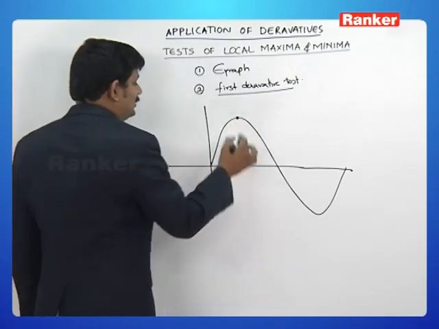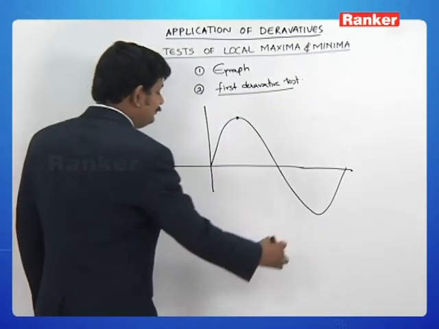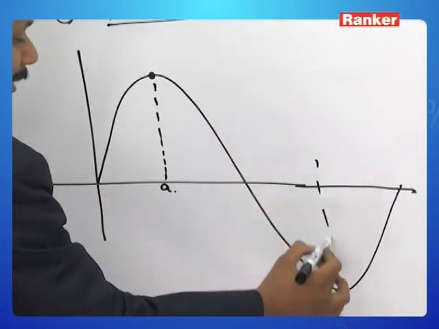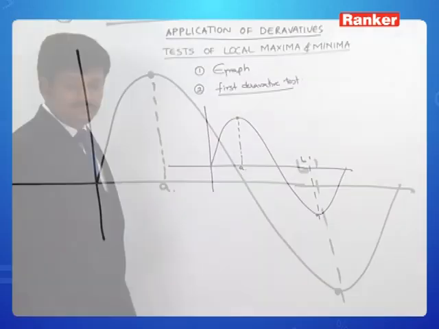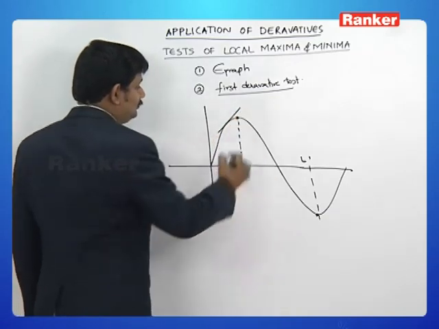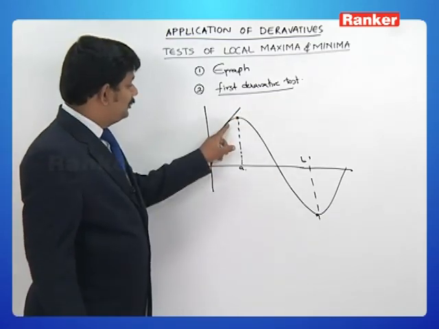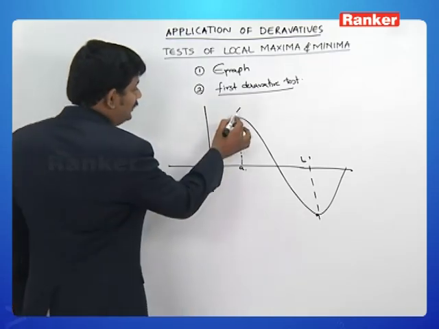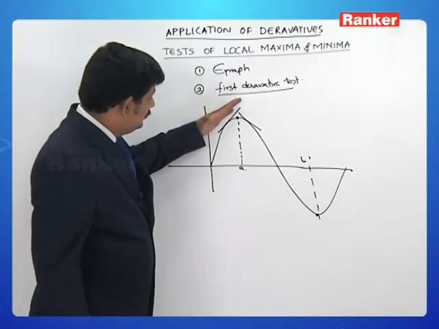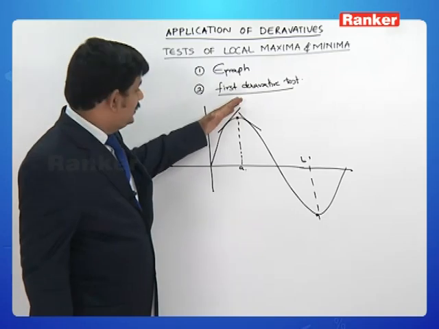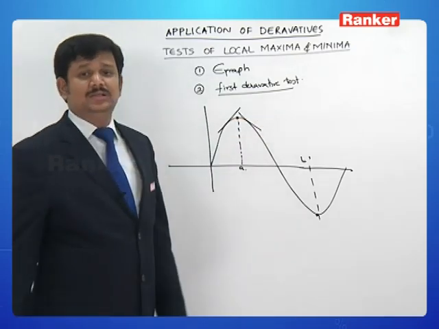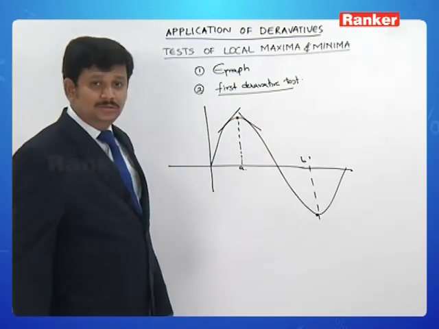So this is an example of a function which gives us a local maxima and a local minima. Local maxima is at a point A and local minima, let us say, is at a point B. Now if I observe the tangent slope in the left neighborhood and the tangent slope in the right neighborhood, we can see a tangent with acute angled inclination in the left neighborhood and a tangent with obtuse angled inclination in the right neighborhood. So,